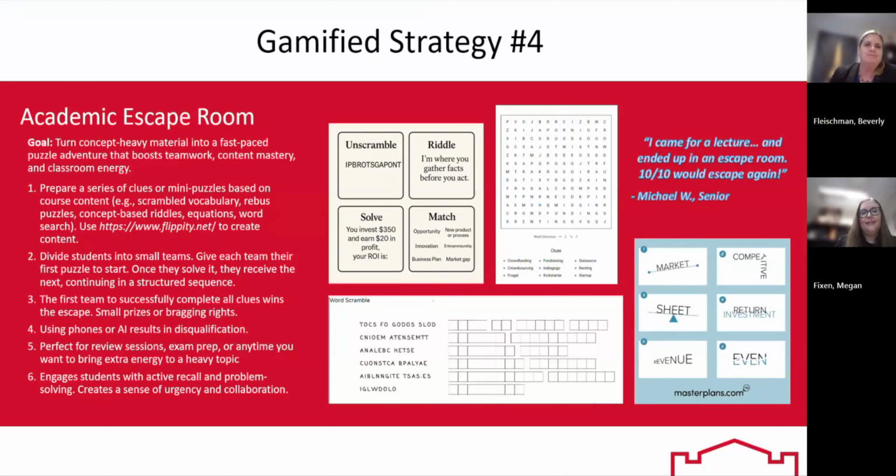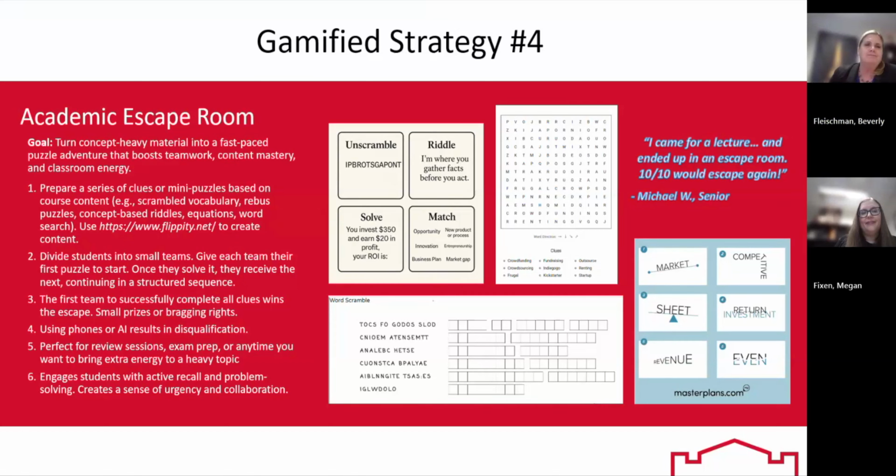So my next game is lecture bingo, and this is a simple but powerful strategy to keep students focused and engaged during a lecture, and the students love it. It's very easy to set up, and it's really surprisingly effective. So the idea is to distribute 4x4 bingo cards. You can see them on the PowerPoint, and they're filled with key terms from the day's lecture.